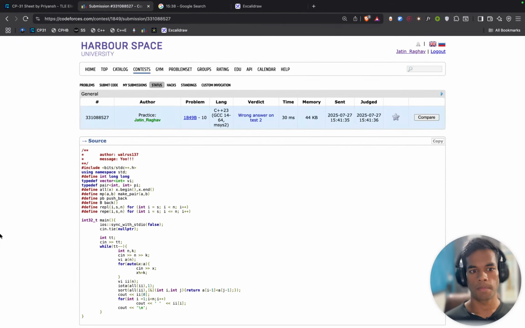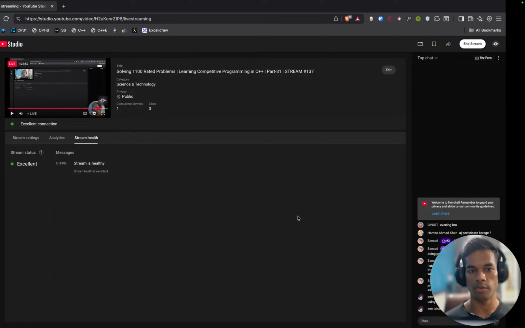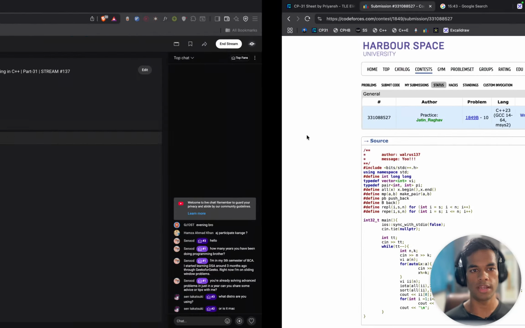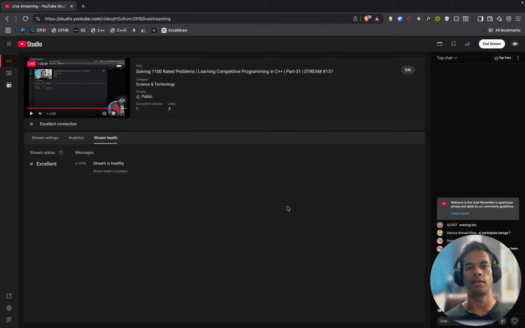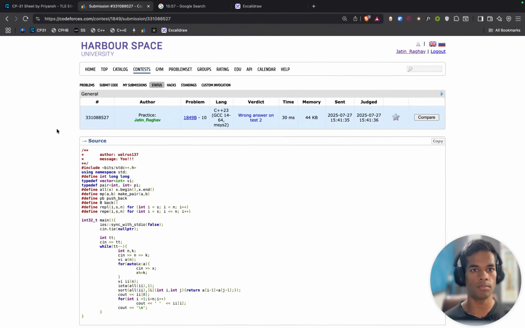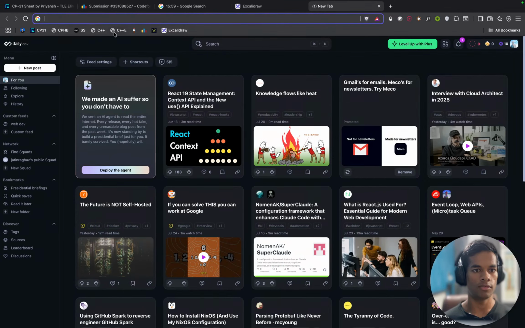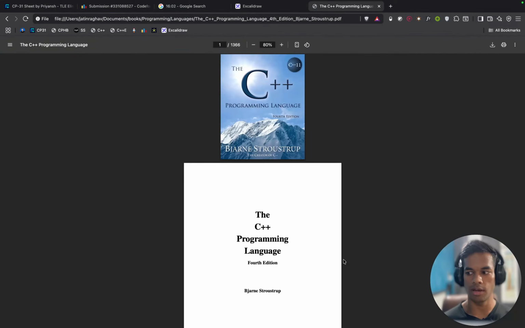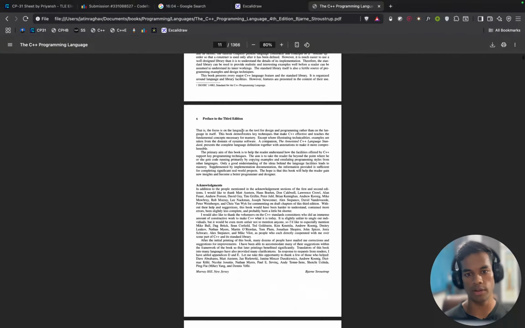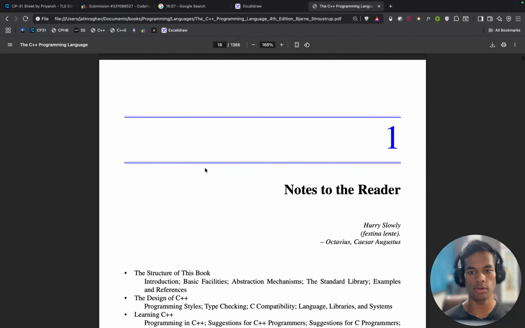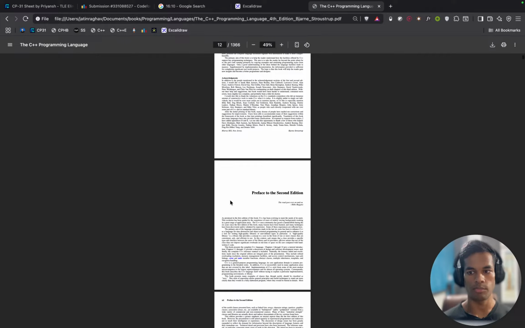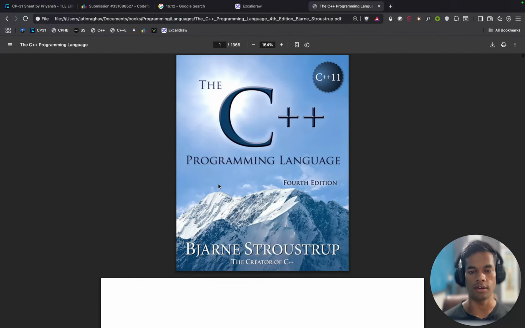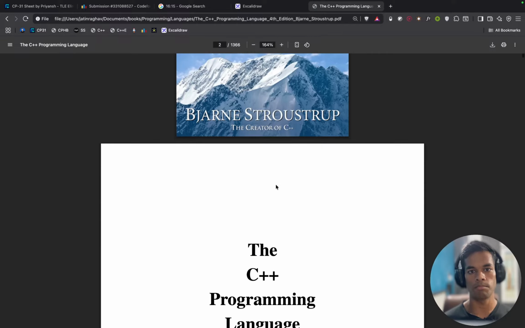Well, first of all, do not be afraid by a problem's rating. Have the mentality that no matter how complex the thing is, you can understand it. That is about mindset and about actually solving the problem. To improve my knowledge of C++, I'm reading the book The C++ Programming Language by the creator of C++, Bjarne Stroustrup.